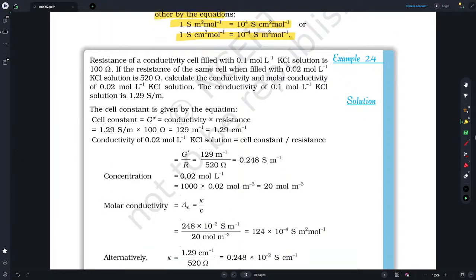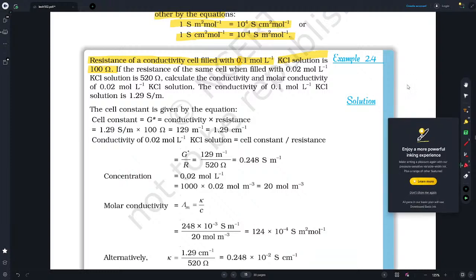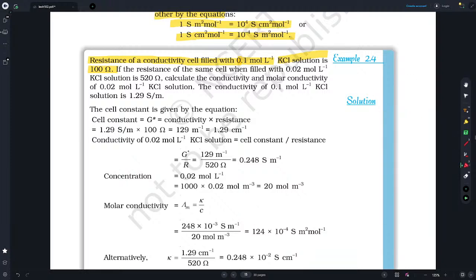This is a question. Resistance of a conductivity cell filled with 0.1 mole per liter KCl solution is 100 ohms. They gave the resistance as 100 ohms and the concentration as 0.1 mole. If the resistance of the same cell when filled with a different concentration of 0.02 mole per liter KCl solution increased to 520 ohm,